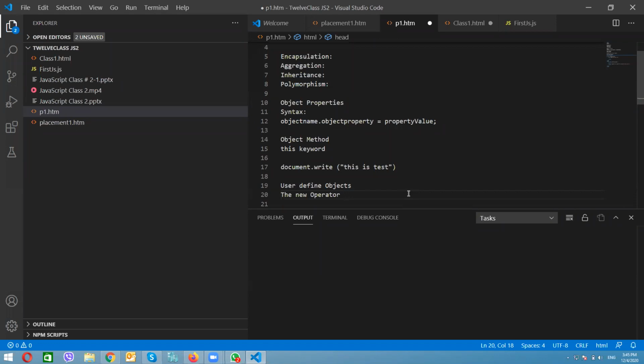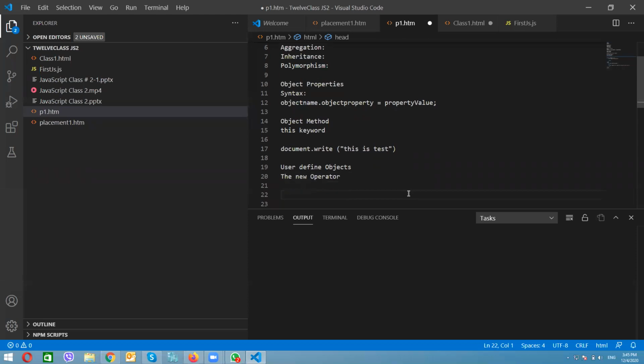We are learning about the constructor, so this is not a new thing. What a constructor is, we will learn at a later stage. Here I'm giving you one example. The constructor methods are Object, Array, and Date. These constructors are built-in JavaScript functions. For example, I create one variable named employee, and I say this is a new Object.